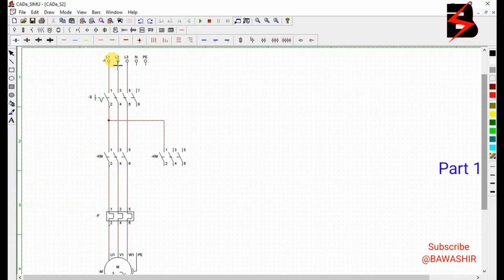Then for line 2 and line 3 we are going to interchange. We are going to get line 3 to make it line 2 here. Then we are going to get line 2 to make it line 3 here. Then the rest, line 1 shall go to line 1,